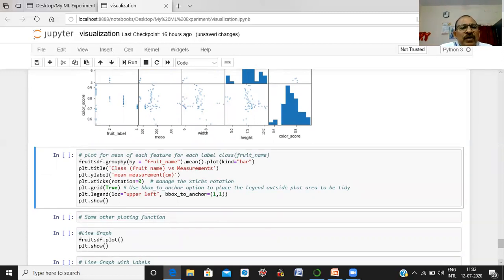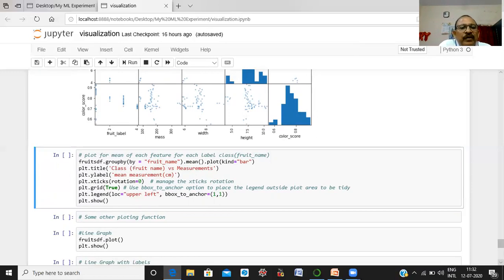Suppose we want to plot the mean of each feature for each label class. Suppose for fruit name, meaning fruit name versus the mean of each attribute of the fruit. Here we are going to draw a plot between the fruit name and the mean of each attribute of the fruit.